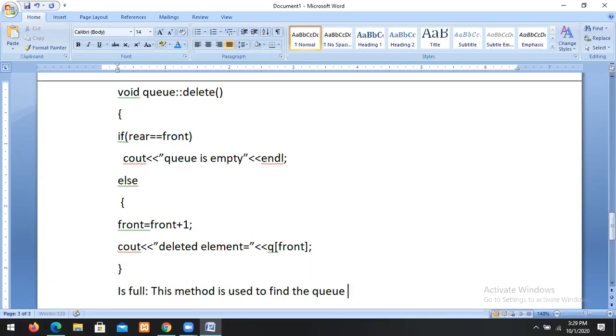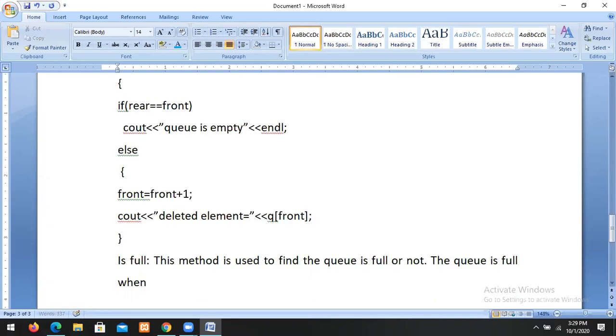The Q is full when rear is greater than or equal to size minus 1. So to find whether the Q is full or not, we use the is full function.